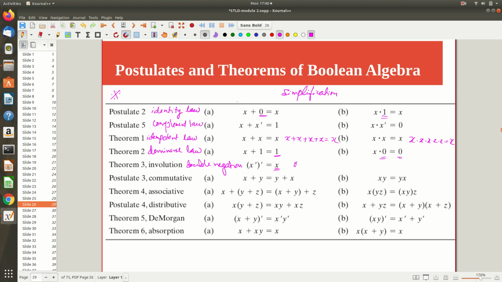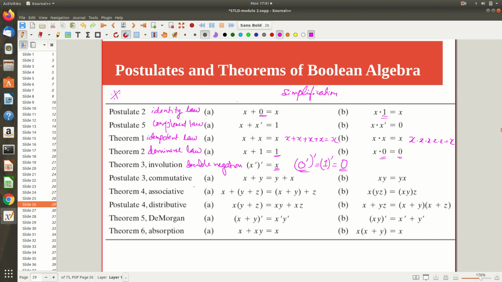Because what is the complement of 0? Let's take an example. 0 complement is 1, you know. And if I am taking its complement again, what will I get? The inner part is like 0 complement, so this is not 1, don't get confused with it. The inner part I am getting as 1, and then what is the complement of this? I am getting 0 back. So the same 0 I am getting. You can see this: when I take the complement and then the complement again, I will get the original element. So that is double negation or the involution law.